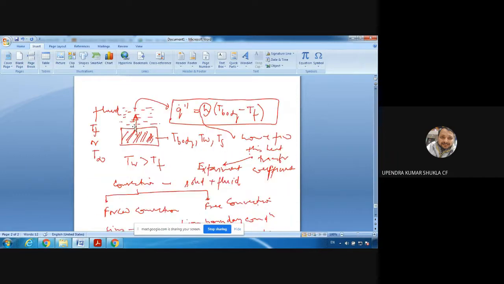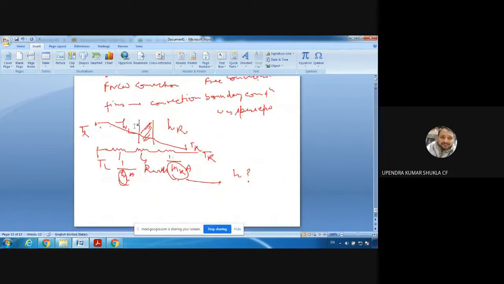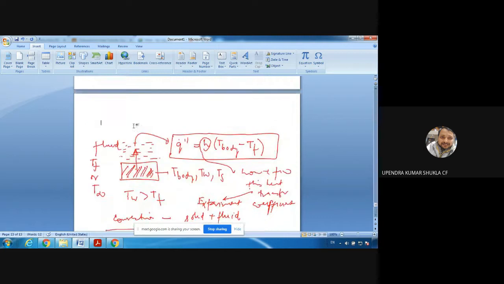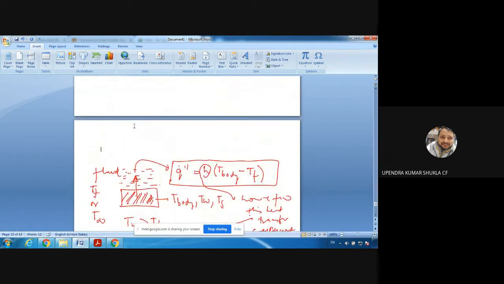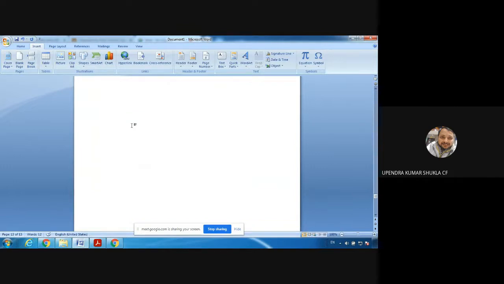So we have used h in different places, but unfortunately, we have not discussed how to get the values of h. We have waited so long to discuss this concept of convective heat transfer coefficient, and today we will discuss it. Now, please tell me, while discussing the heat transfer coefficient,